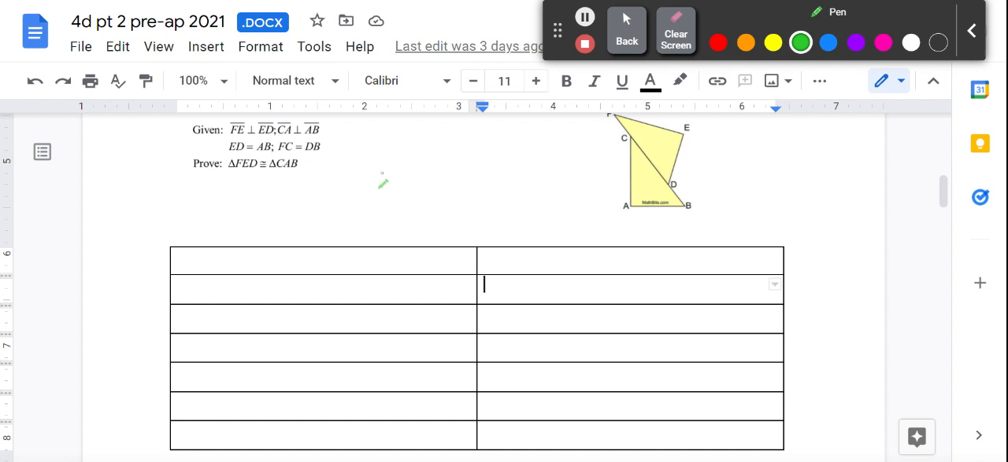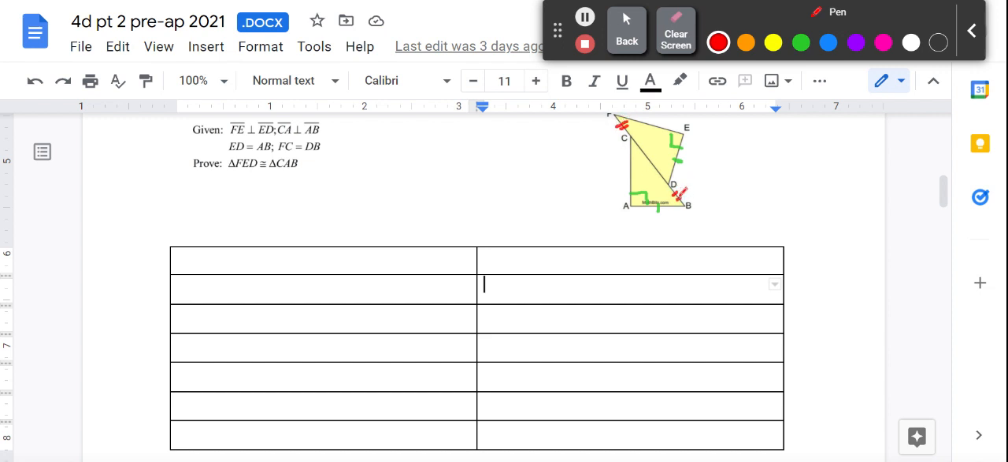Okay, so first here, we did the first problem together in class. I'm sort of just doing the last two. So we have four given things right here. FE and ED are perpendicular, so we have that. And we have CA and AB are perpendicular, so we have that. ED is congruent to AB, so we have ED and AB congruent to each other here and here. And we also have FC being congruent to